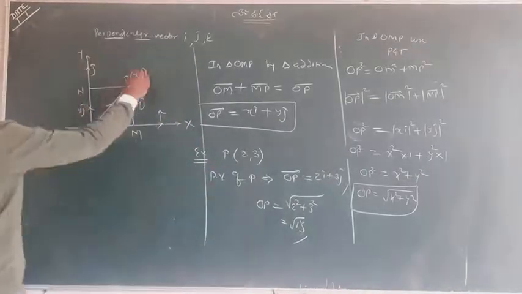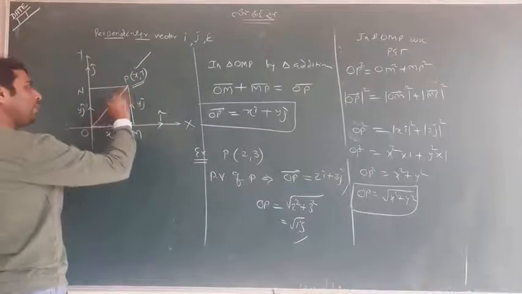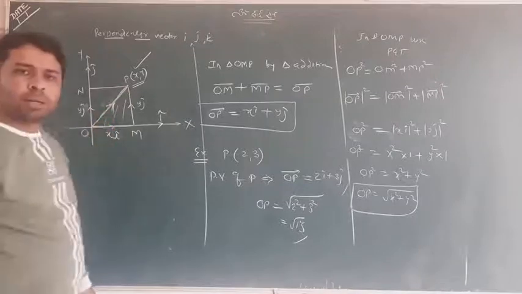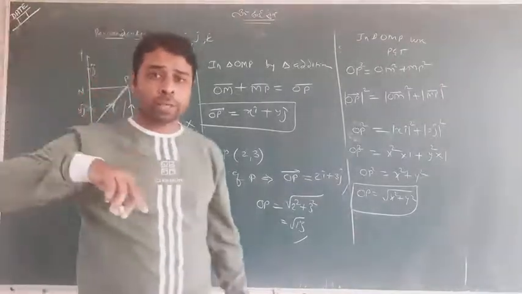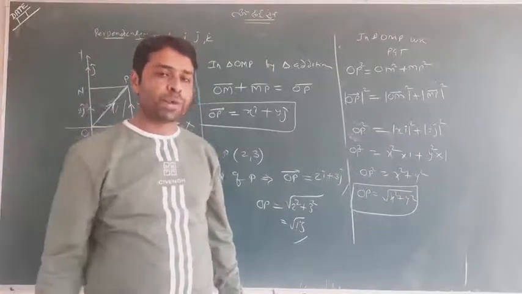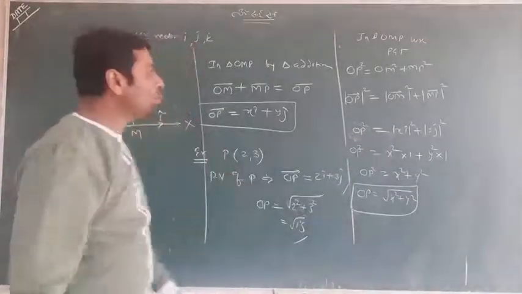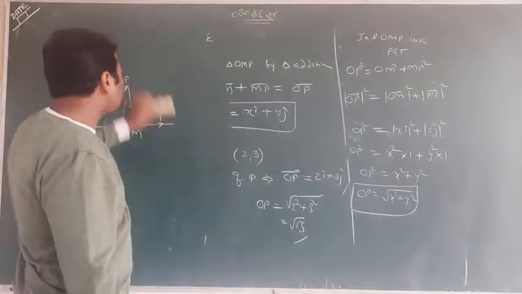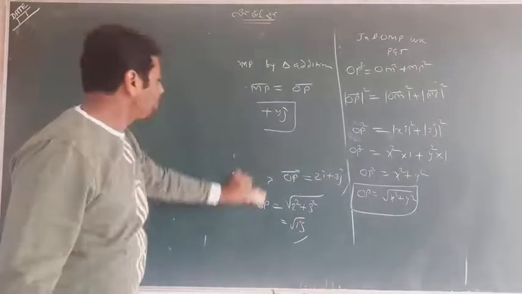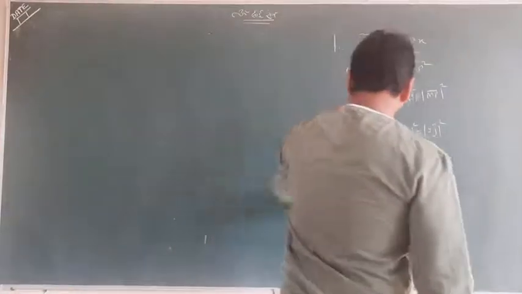Now along with that particular point, you can find the position vector of that point as well as the modulus of that vector, meaning the distance of O to P you can find by this formula. So this is actually a two-dimensional concept. I don't think that it's a problem. It's a very interesting thing.